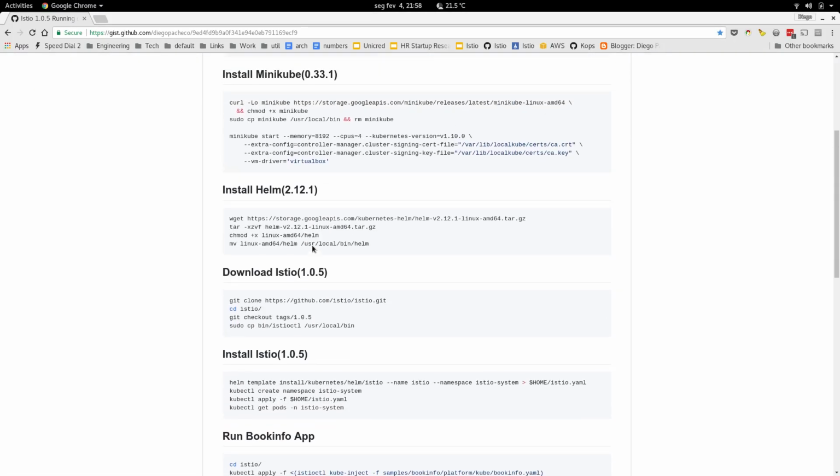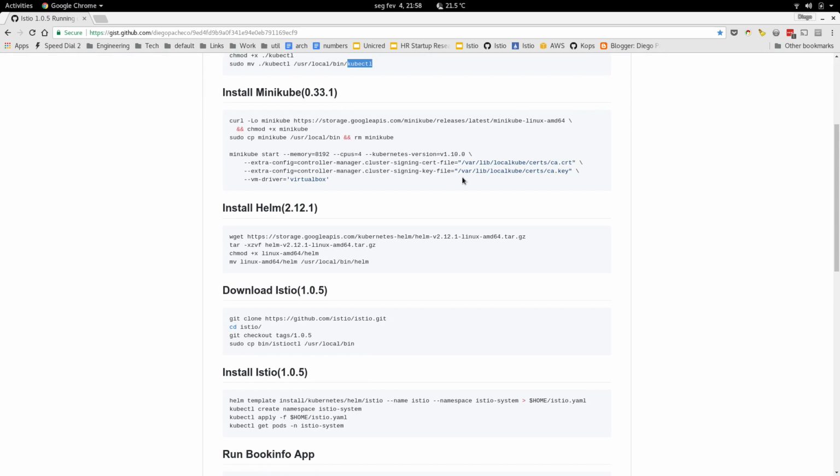Then you need to have minikube, and that's the slow part. You cannot just do it once you download minikube. Pretty much everyone does minikube start. That won't work. You need to do more. So you're gonna need to specify that you're gonna use at least 8 gig of RAM. I'm putting a Kubernetes version 1.10, and also you need to pass this set files parameters, or it won't work as